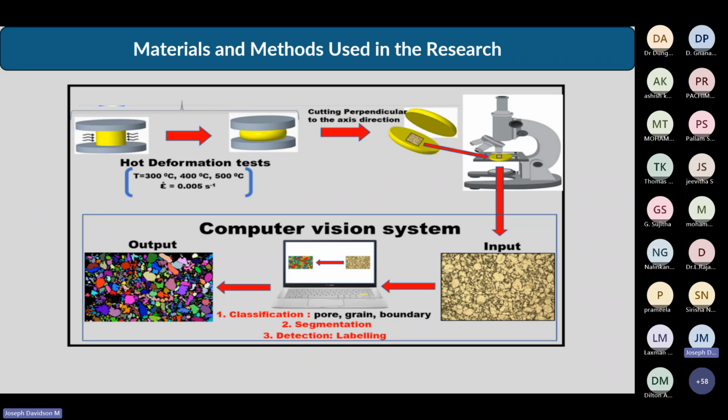We have gone a bit ahead now. Instead of only stopping at developing experimental as well as simulation based models, we have also gone a bit ahead using AI/ML. So what we have done, that microstructure that we put inside our system, and we run the system that we developed, and it predicts its grain size, boundary, what type of grain it is, what is the size, how many grains are there, what is the area of one particular grain, all such information it gives.